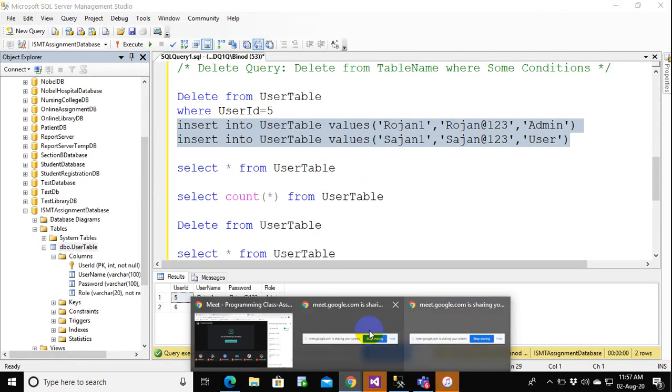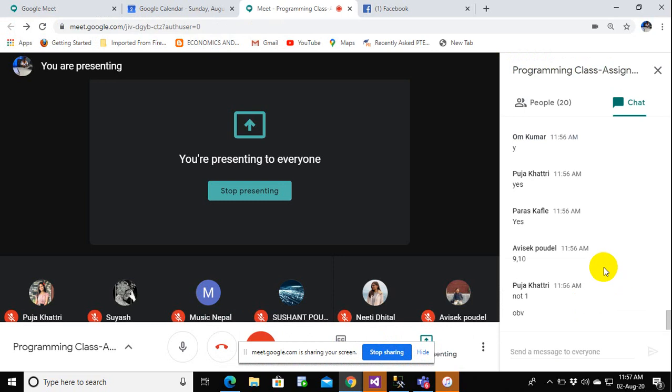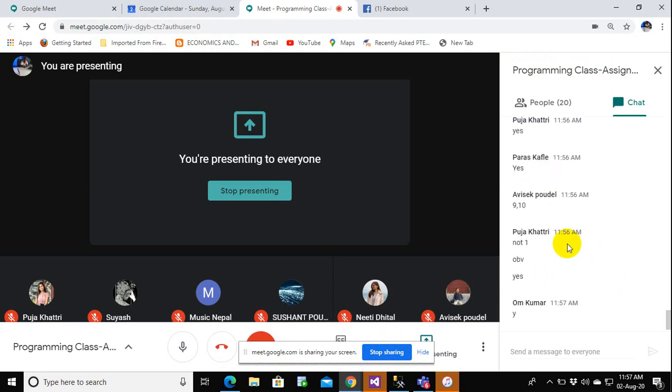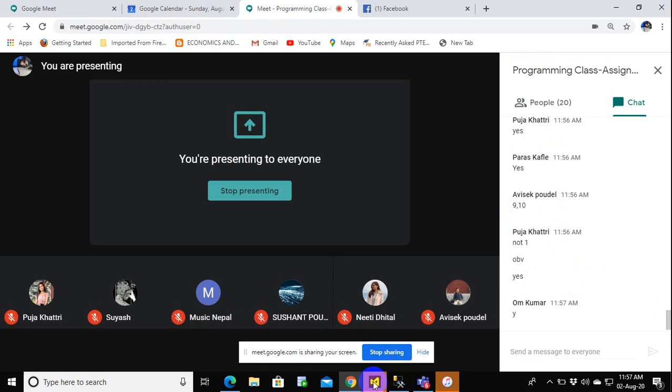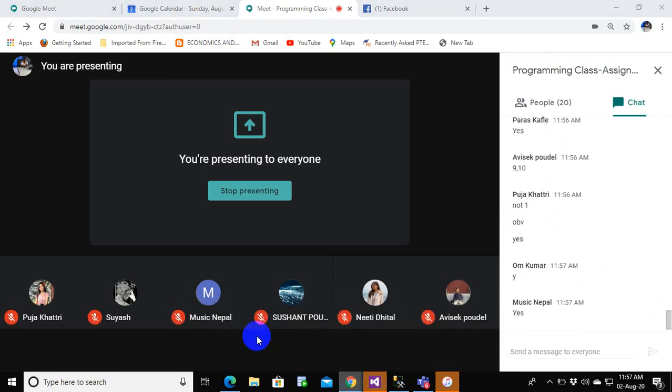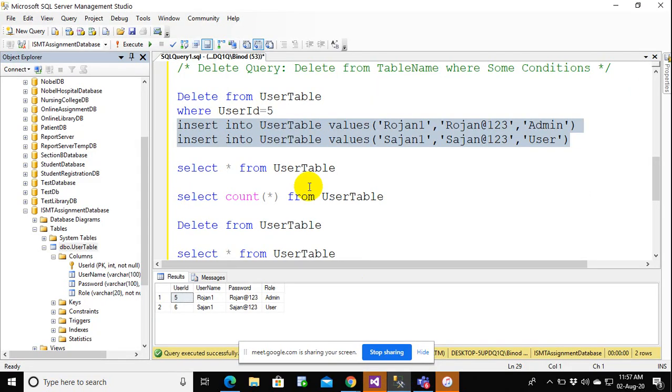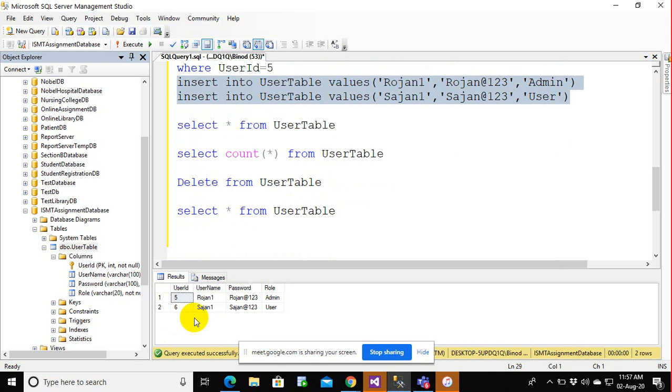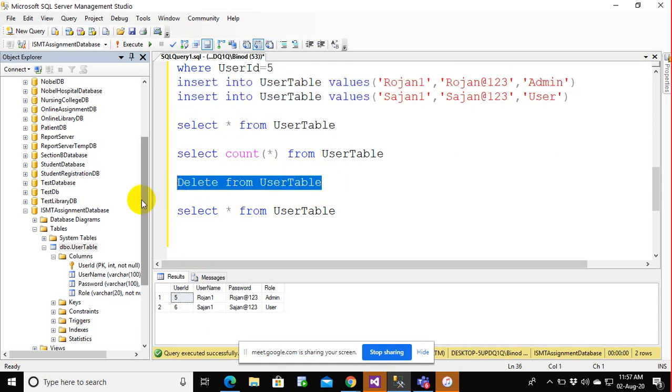So do you understand this, everyone? Obviously, this is not 1. Absolutely. Now let me say that I want the value not from this 5 and 6. I want the value from 1, 2 and 3, 4. So instead of making a delete operation, I want to start a value with a 1. I want to delete everything and start the value from 1.